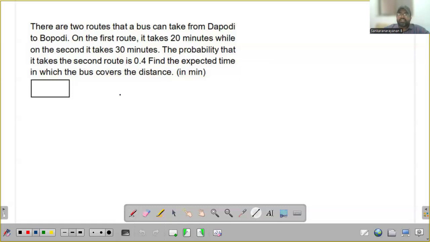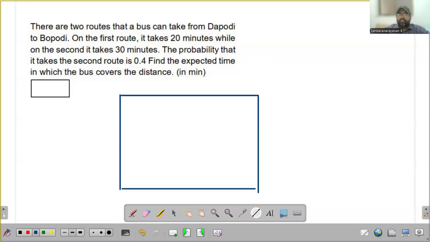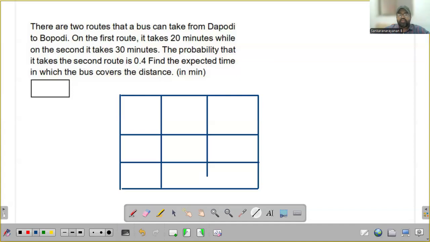So for these types of questions, there is a particular method that you have to adopt. Okay, so that I shall explain to you. First, you draw a table and present all these inputs in a systematic way. Okay, so we can consider that there are two routes, right? So I shall just present it. First, I am going to make a table here. Okay, so look at this. This is route 1, and this is route number 2.